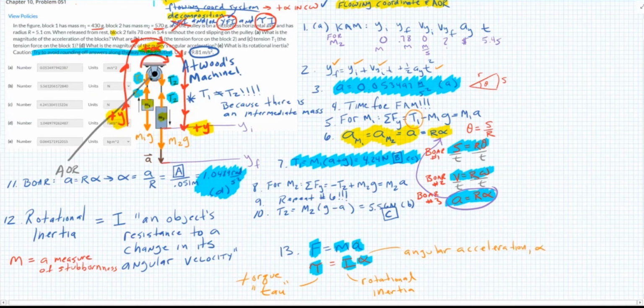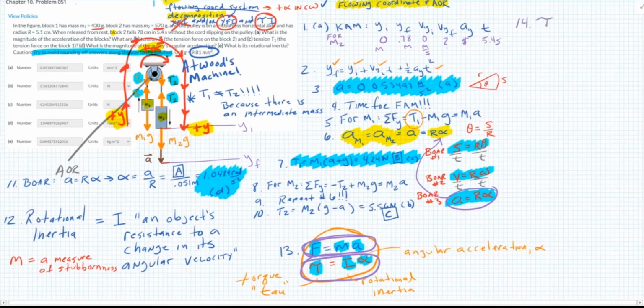Okay, and this is the side-by-side comparison. This applies in the linear, translational world. This applies in the angular world. All right, and that's what we're going to tap into now, because we have a pulley that's living in the angular world. Those masses are living in the linear world. What is the rotational inertia? So step 14,